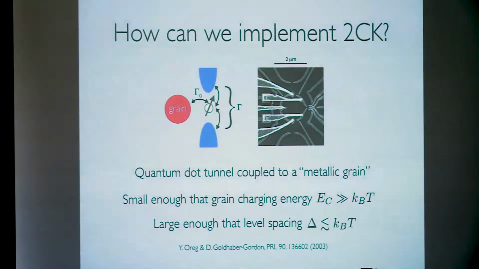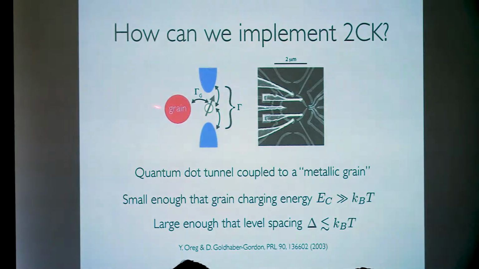And when you do that, you've set up the interesting condition where, because of the Coulomb interaction on this grain, at least to the lowest order, you can't exchange an electron between the grain and the leads because the grain is Coulomb blockaded. You can, however, still have spin flips. And so the net result is that you suppress charge transfer between the grain and the leads quite highly, so that the leads form one reservoir for this impurity, and then this grain forms another reservoir. So in other words, I've set up the situation I described for the two-channel Kondo effect.